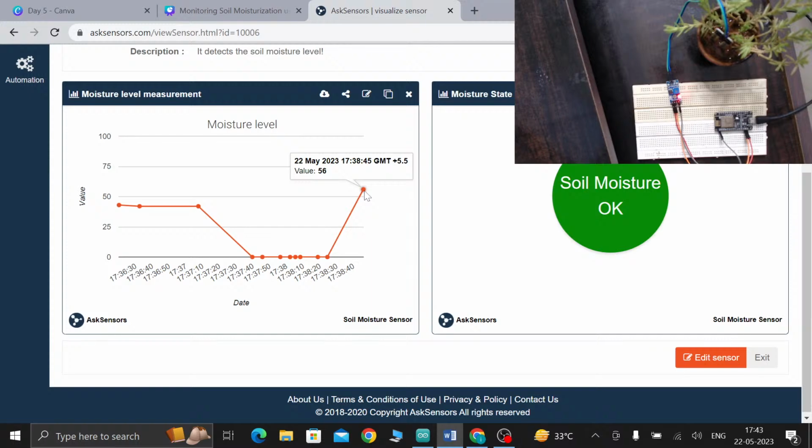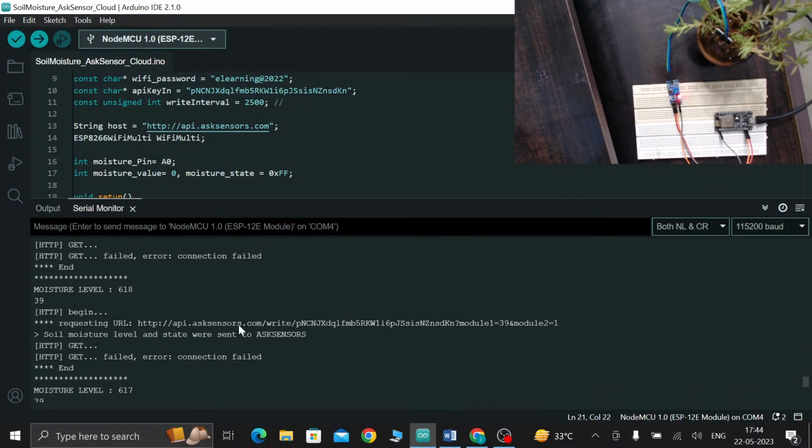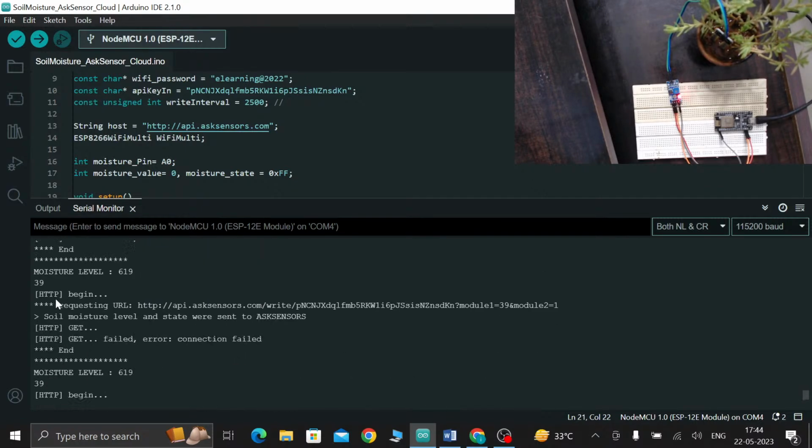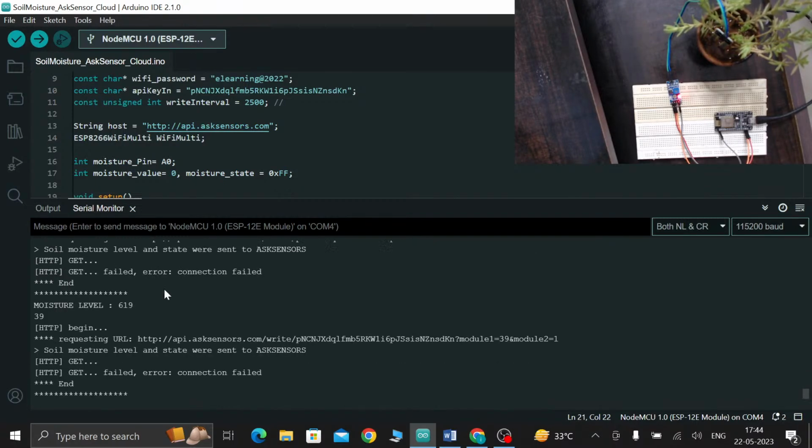Like, value is 56, right? So go here, we will get a value like the last value is 39. It will update.